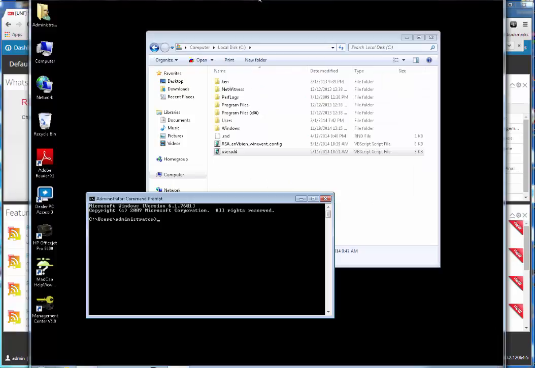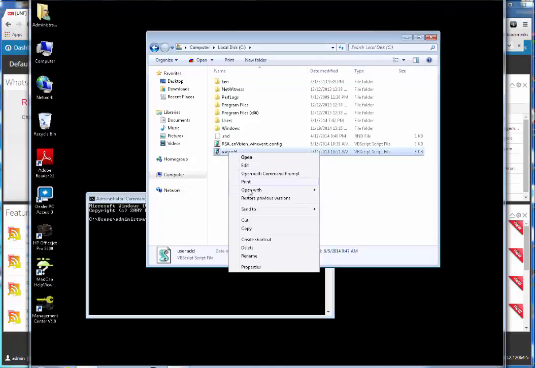Now there is a document on SecureCare Online on how to set up the host and make all the appropriate changes. However, we can shortcut that by the use of two scripts. You'll see those here. One is a user add script, and then one is the RSA Envision Win event script. So if we open up the user add script,